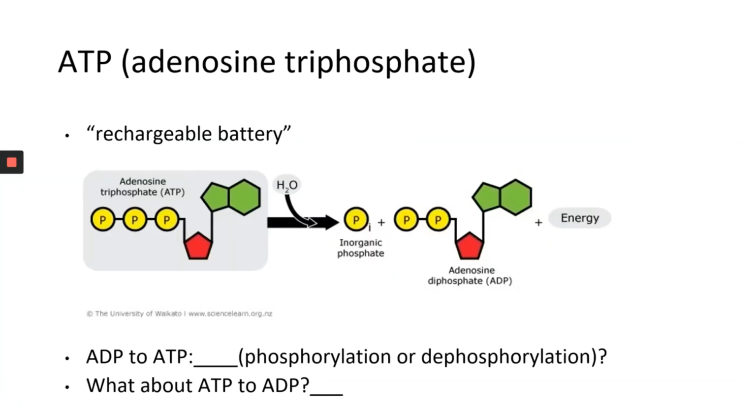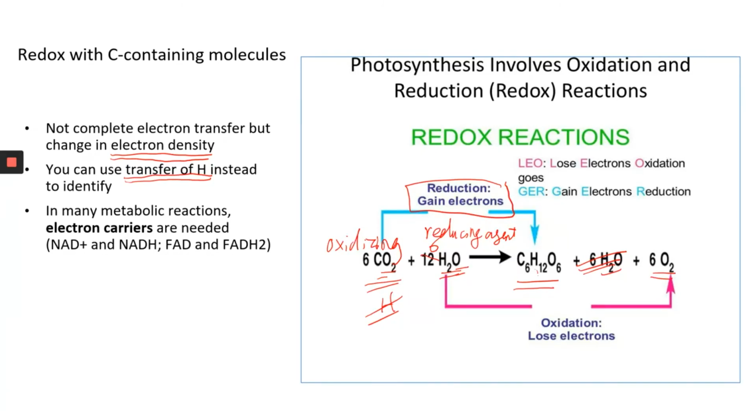Okay. Oh, there's one more thing I forgot to mention here. In many metabolic reactions, we need some molecules to carry the electrons, to pass the electrons through the pathway. Because you can see from this photosynthesis reaction, you have the change in electron density, right? So you're kind of passing the electrons. So usually we will have some electron carriers in those pathways to temporarily carry the electrons. And the ones that we are going to see in this chapter are going to be NADH and